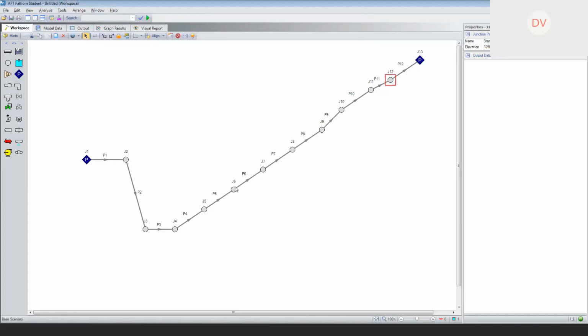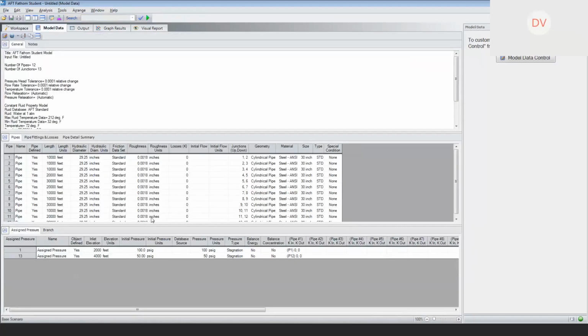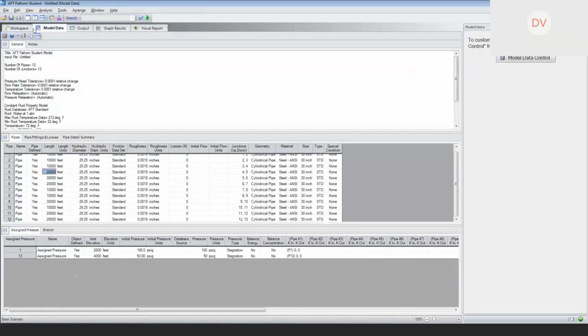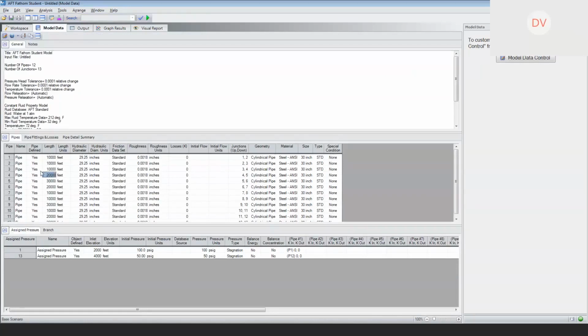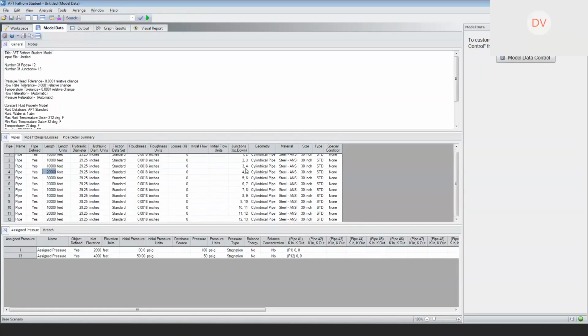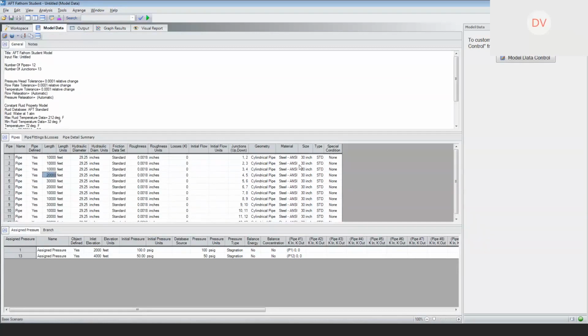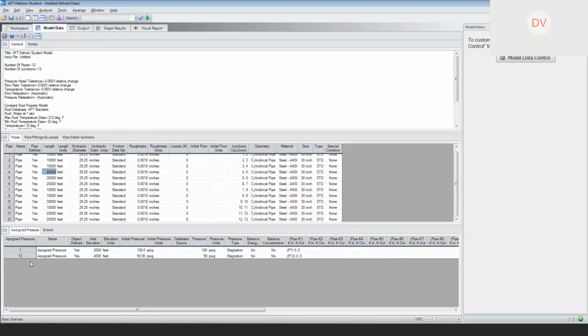Okay, so now that we have everything entered in, you can also go to another table that I clicked on under model data just to take a look at all of the entries. And we should be in good shape. I'm just taking a quick peek through this. Inlet's 2,000, outlet 4, inlet pressure 100, outlet is 50. So with all that said, we should be able to run the analysis, and if there are errors, I'll say